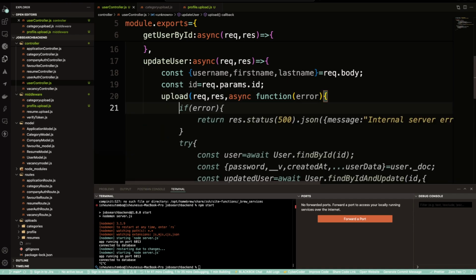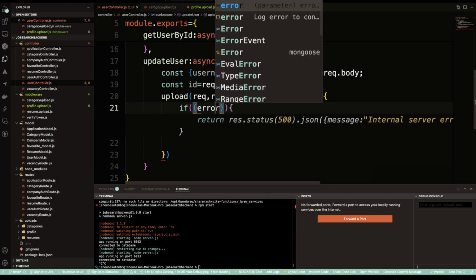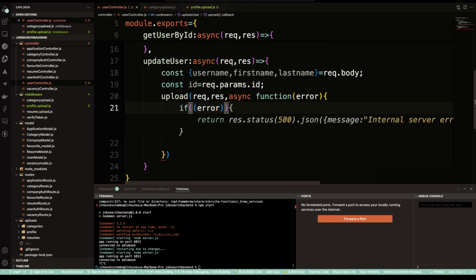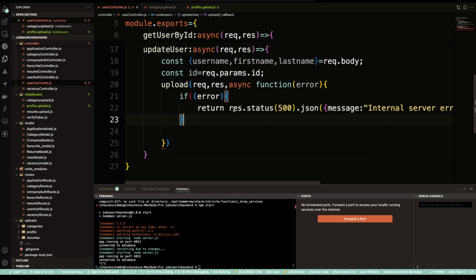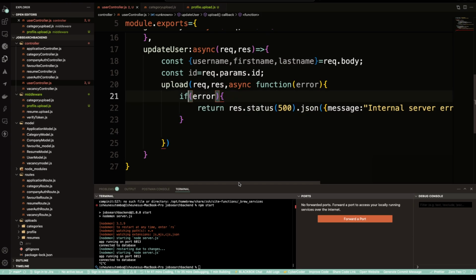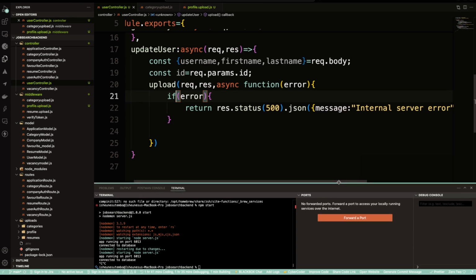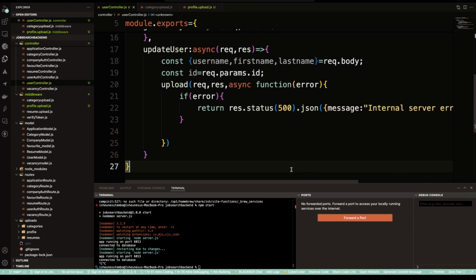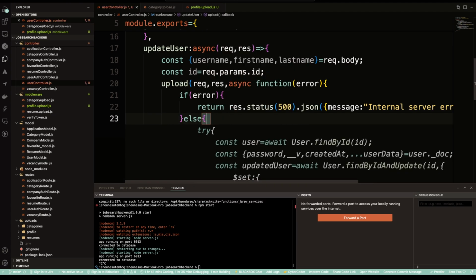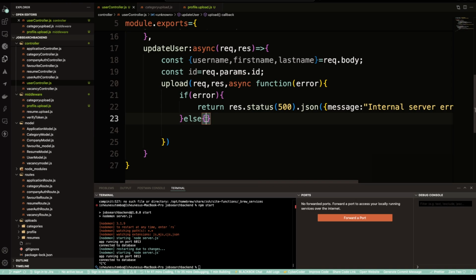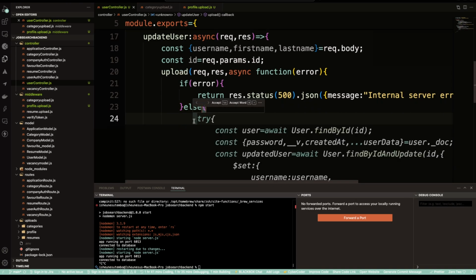So the first thing that we need to do is check if there is an error. If there's an error, what we are simply going to do is return a status code 500 with the error message, internal server error, with the error message, error.message, right? And then else, that means we don't have an error. So if we don't have an error, basically what we are going to do is